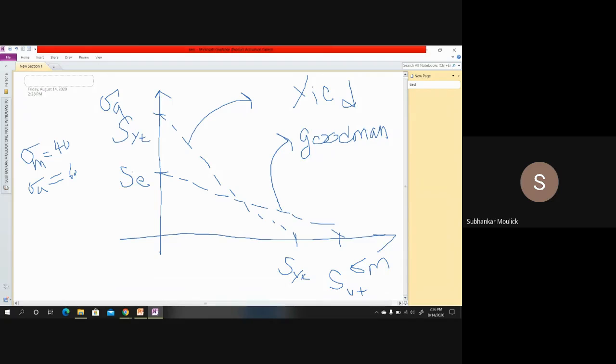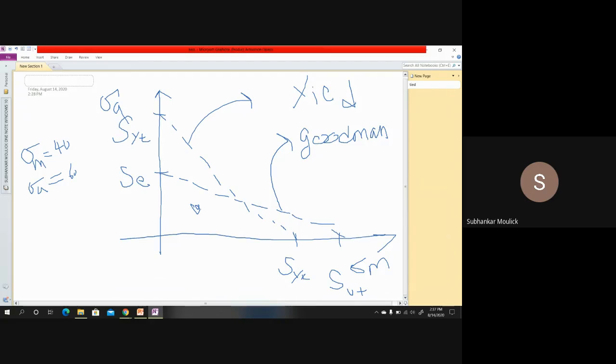That means it is the coordinate point 40 comma 60, in x 40, in y 60. If this point is somewhere over here, then according to Goodman theory of failure,